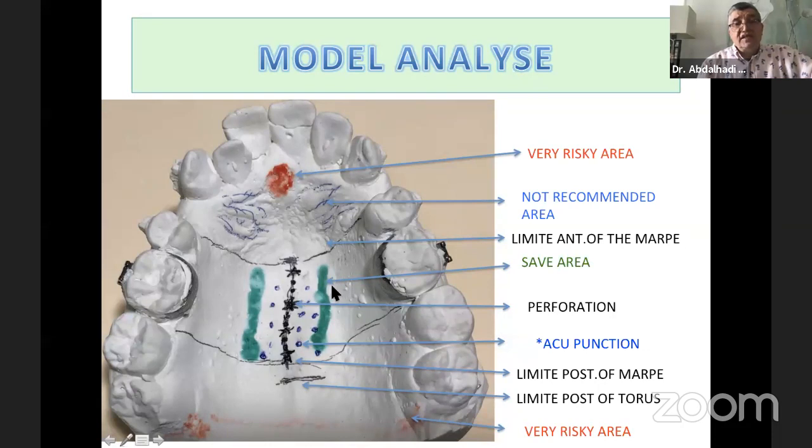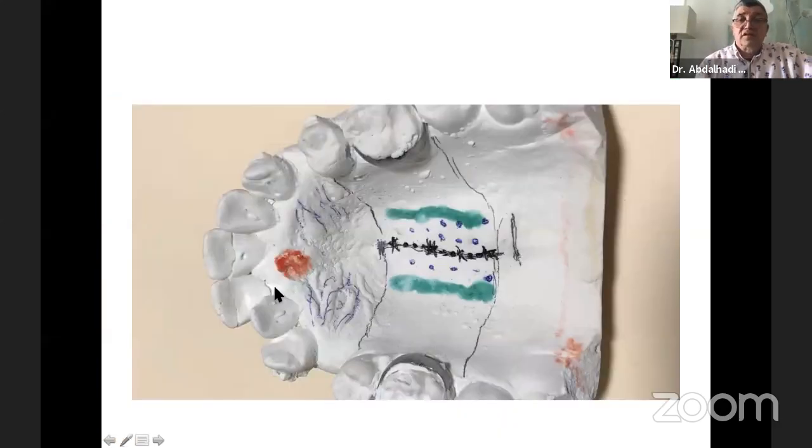The perforation, I traced them. And the acupuncture around this perforation, I traced them. And I put for you the posterior limit of the Marpe. Another very risky area is the maxillary anterior artery, which is very far back. So the risk is almost zero, unless you attempt to make a hole in the incisive papilla, or attempt to cut the maxillary artery. There is no risk to do this. So this is a map of it